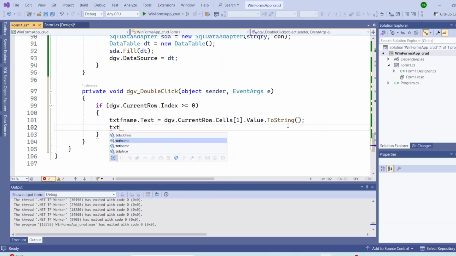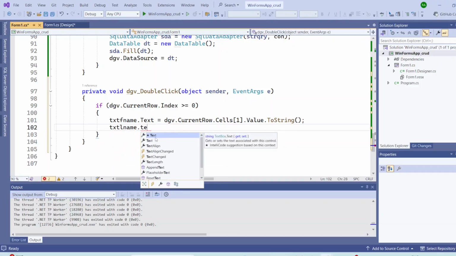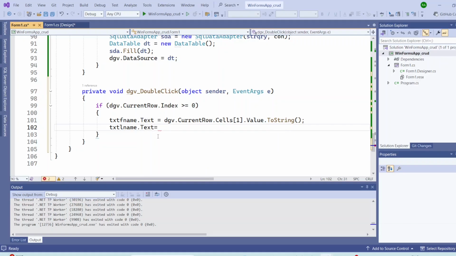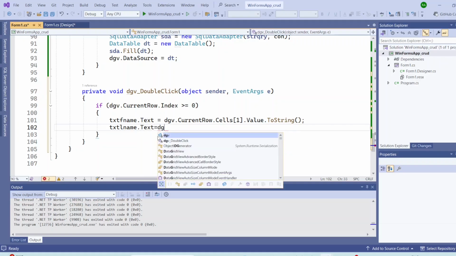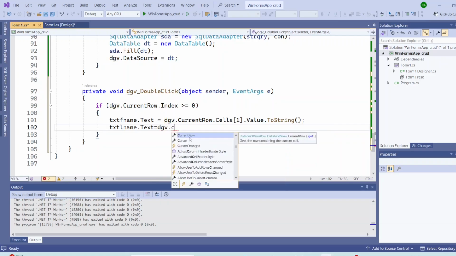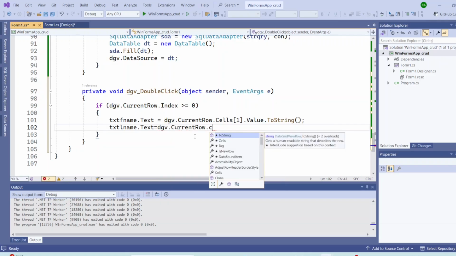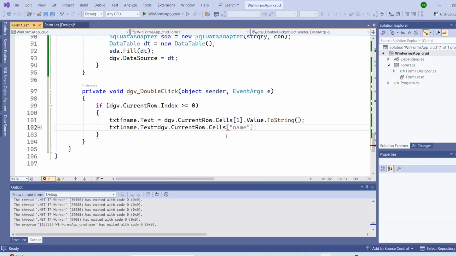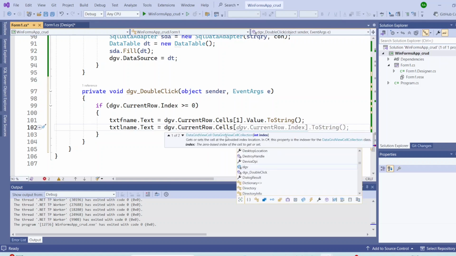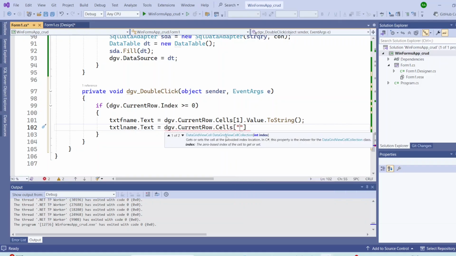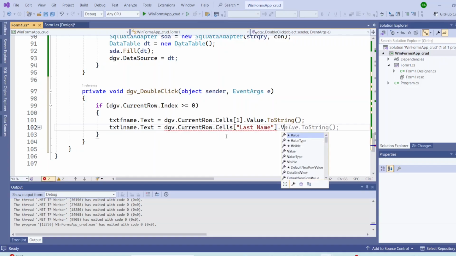And text last name dot text. You can give like DGV dot current row dot cells. Can give name also. Okay, here we can give first name and last name, right? Here name last space name dot value dot to string